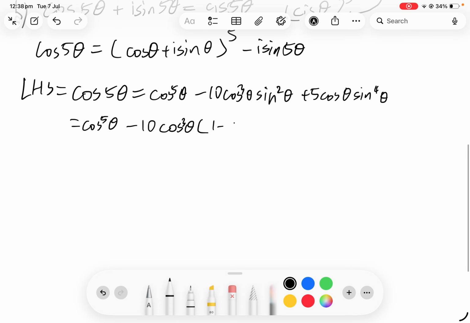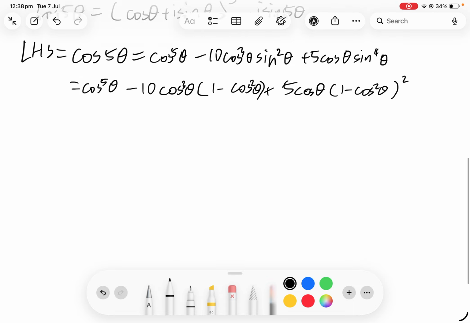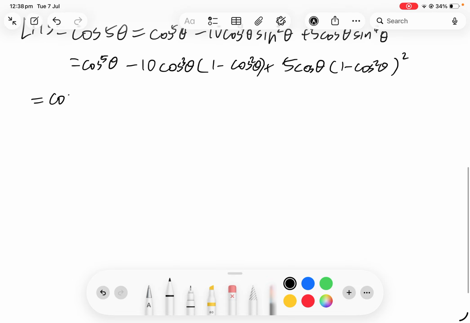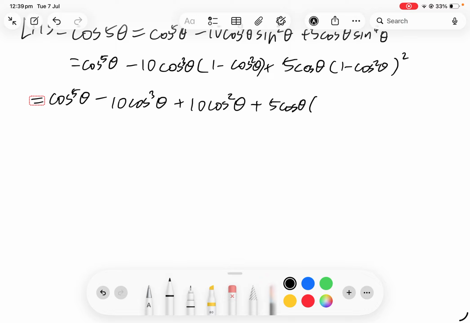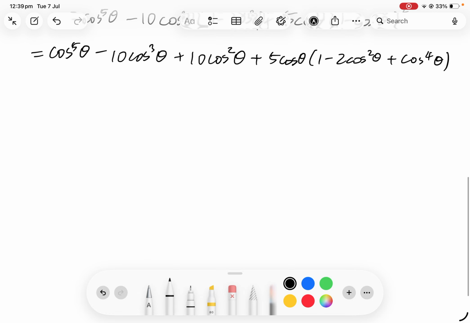The sine squared becomes 1 minus cos squared theta, plus 5 cos theta, and that will become 1 minus cos squared theta, but you square it because it's to the power of 4, and that becomes cos 5 theta minus 10 cos 3 theta plus 10 cos squared theta, plus 5 cos theta, 1 minus 2 cos squared theta plus cos to the power of 4 theta, and that becomes, well, these two can,